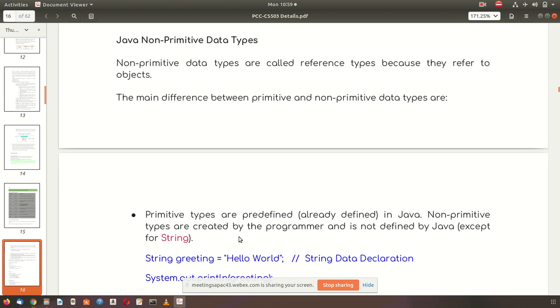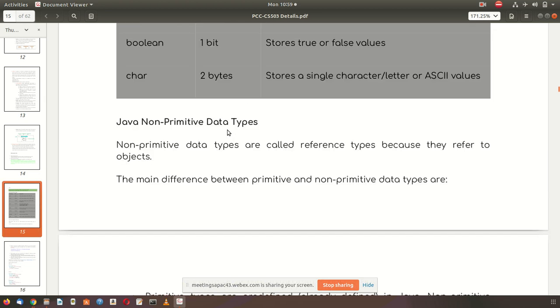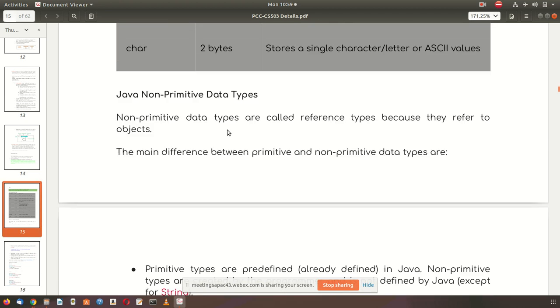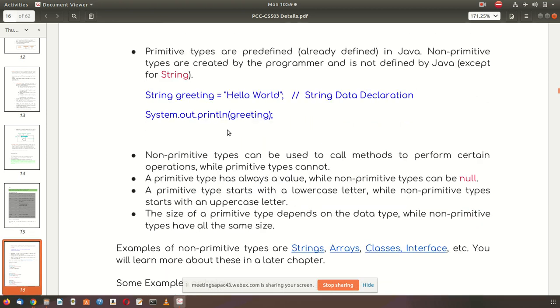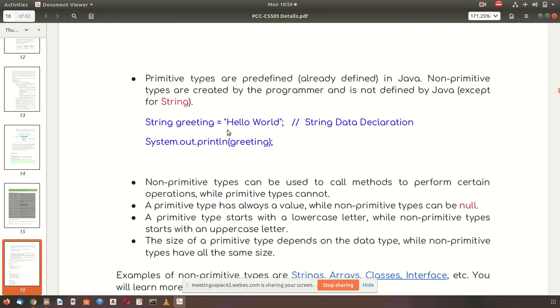Those are the primitive data types. Non-primitive data types are the string, class, array, interface. String is a keyword, and it is a data type in Java.